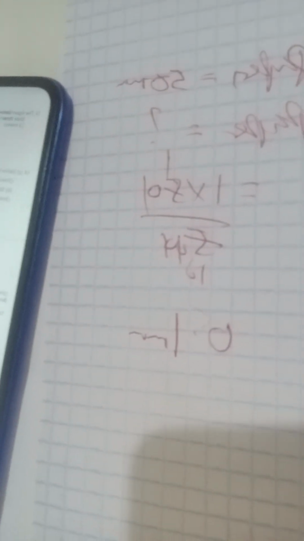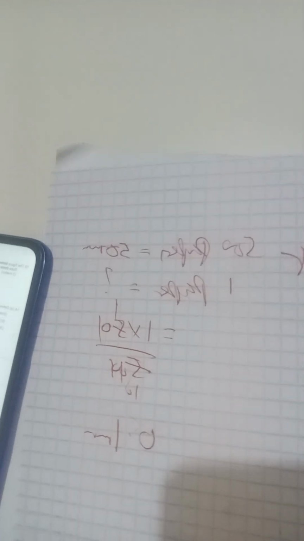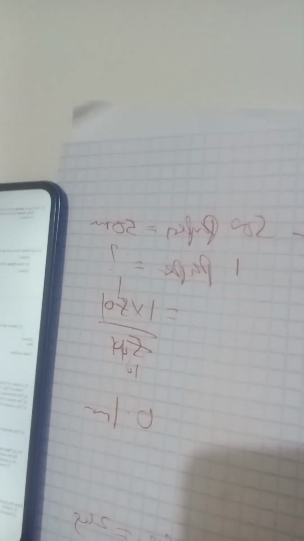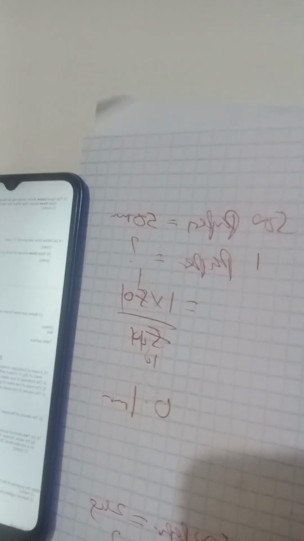Then the next, the mass of one sheet of paper. So if 500 papers is 2 kilogram, 1 will be equal to what? That is 1 times 2 over 500. Then I just do the calculation. 2 divided by 500. It will be 0.004 kilogram. Most of you might not know how to read standard form.